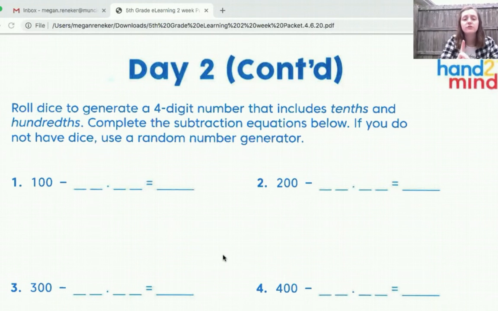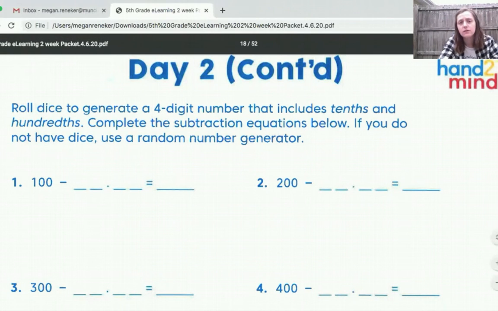Okay, if you don't have dice, you can do a random number generator, or you can just fill in digits between 1 and 9. Okay, so I went ahead and I already figured out my numbers here. And my numbers for this problem are going to be 5, 2, 1, and 3, or 52 and 13 hundredths. Okay, so I'm going to set up this problem down below for us to solve it. 52.13